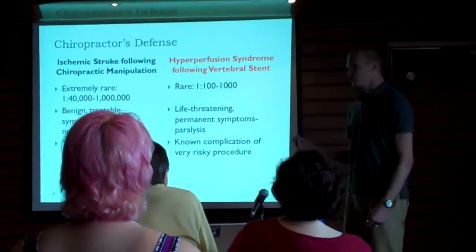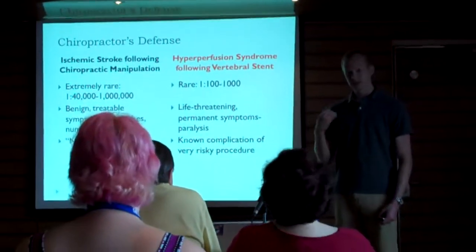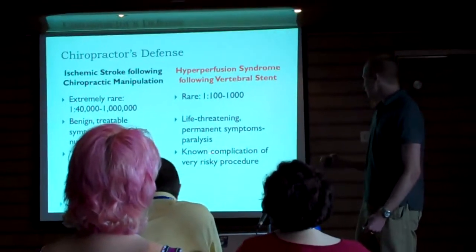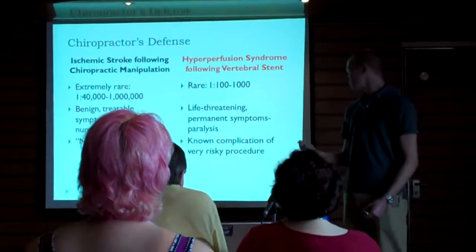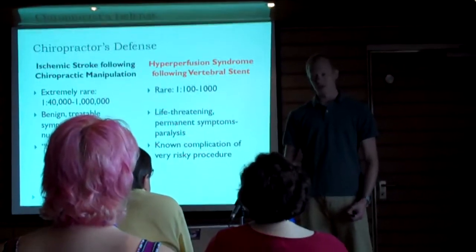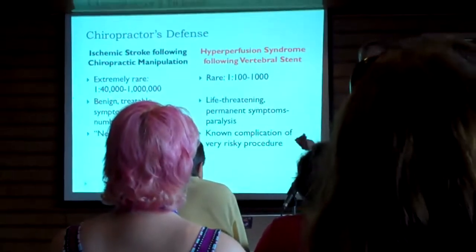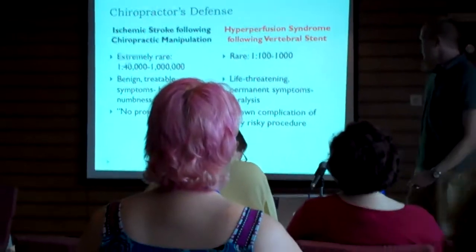So we can't prove that he didn't have this dissection already when he went to the chiropractor. But on the other hand, this hyperperfusion syndrome is a known complication of a very risky procedure. Why would we even do the procedure if we know this is going to happen, or know this is a possibility? Well, in medicine's defense,